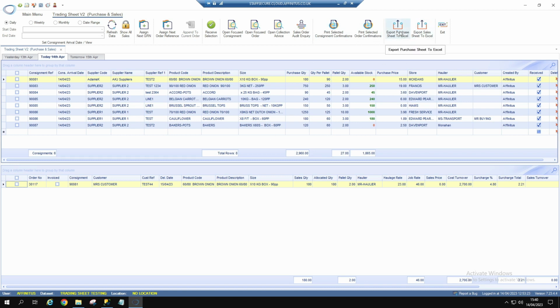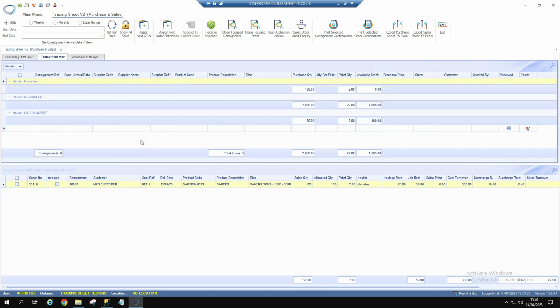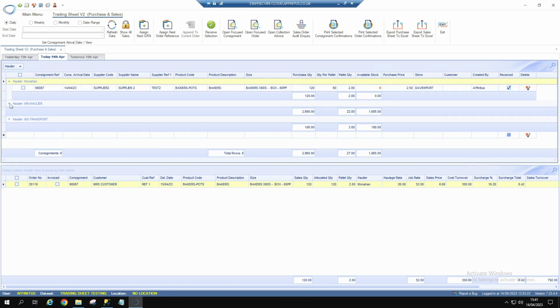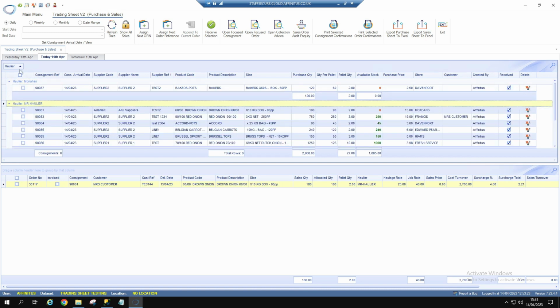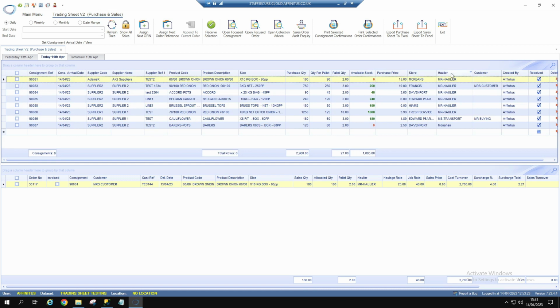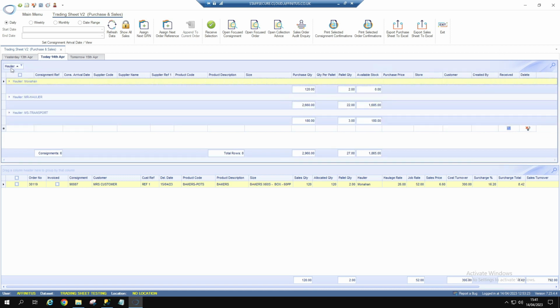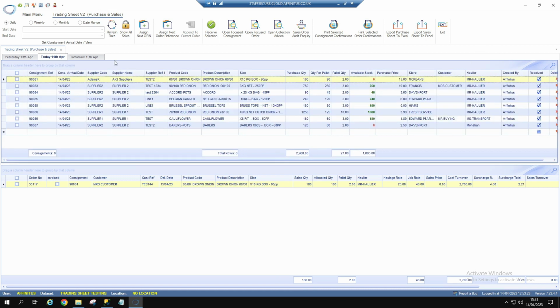Basically, you can export the sales side, which is below, and the purchase side as well, all into Excel, of the view that you're looking at. It will also take into account any grouping that you've set up. So if you're familiar with these sorts of grids, again, I'll go through these, but if you were to set up some grouping like this and export it, it would come out exactly as you have laid it out. Let's put that back. Okay, so what I'm going to do now is create a purchase line